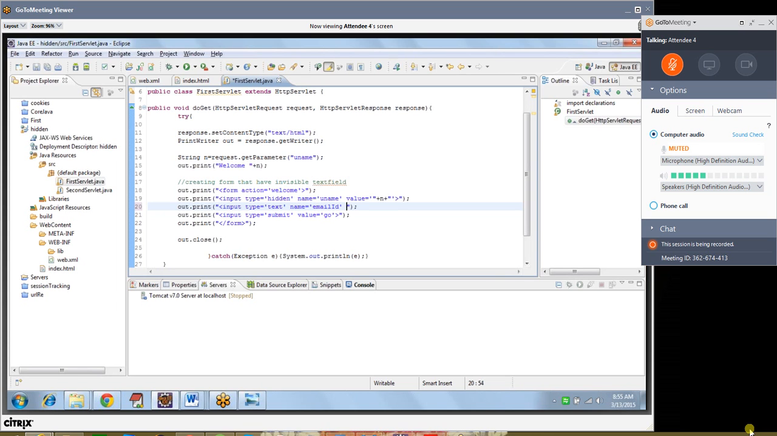I'm just trying to show you a text box which takes the email. Okay, so now what we have done is adding an input type, that's it, and then a hidden